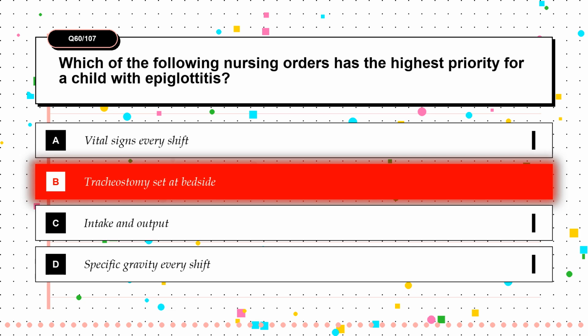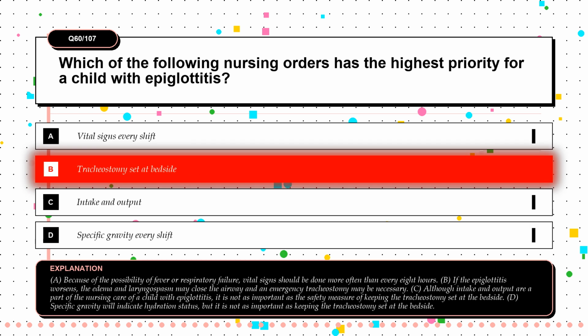The correct answer is option B. Tracheostomy set at bedside. A. Because of the possibility of fever or respiratory failure, vital signs should be done more often than every 8 hours. B. If the epiglottitis worsens, the edema and laryngospasm may close the airway and an emergency tracheostomy may be necessary. C. Although intake and output are a part of the nursing care of a child with epiglottitis, it is not as important as the safety measure of keeping the tracheostomy set at the bedside. D. Specific gravity will indicate hydration status, but it is not as important as keeping the tracheostomy set at the